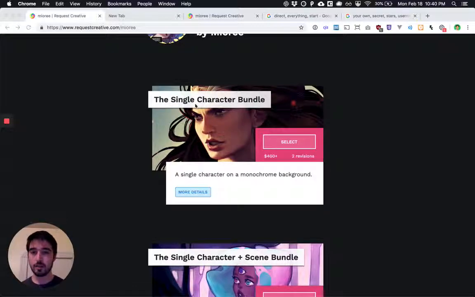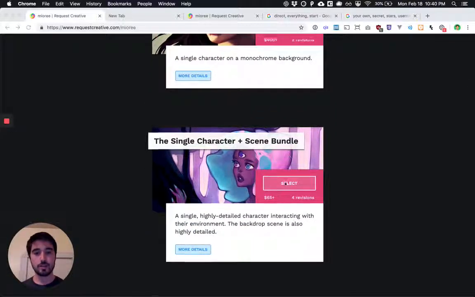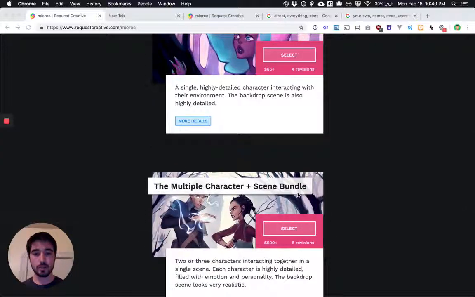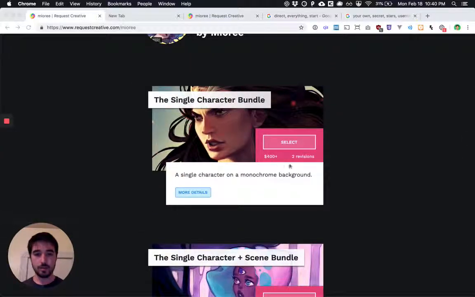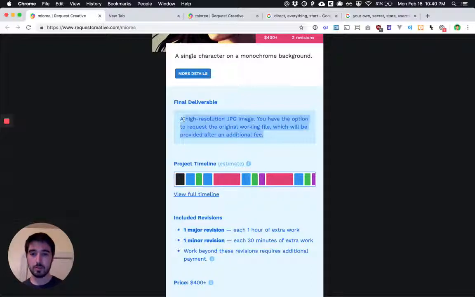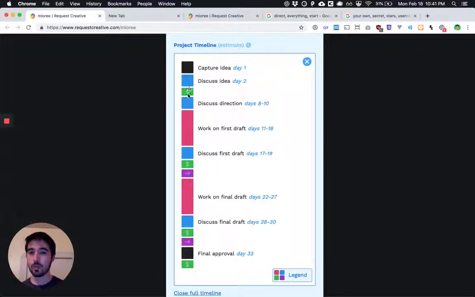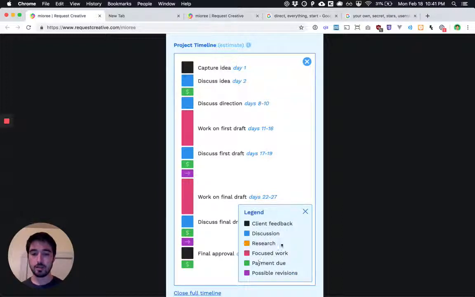We've got an illustrator who has a single character bundle, single character and scene bundle, and a multiple character and scene bundle. And you can see for the first one, they're charging $400 for 2 revisions. And if we go into more details, we can see there's a final deliverable here specified and the project timeline, including when to pay them. And the client can go in here and see more details about